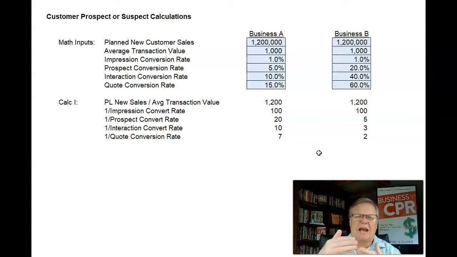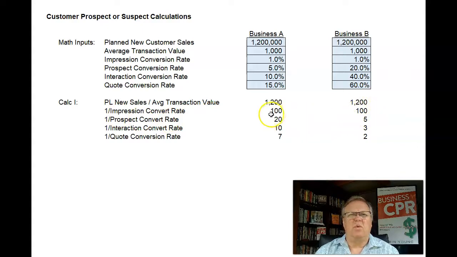Then when you get to that phase, there's going to be a quote conversion rate. In other words, you've given them the price, and some will balk at that and walk away, and others will engage, and those who do continue to engage ultimately are your new customers. So you've got to understand what these conversion rates are, and what I found works best is to factor it in by one. In other words, what does it cost for me to get one impression, for me to get one prospect? And that's these numbers here.